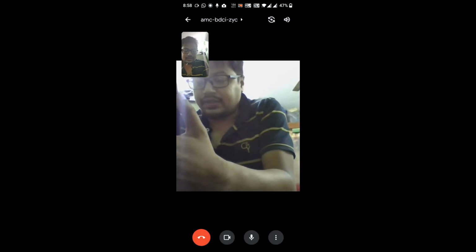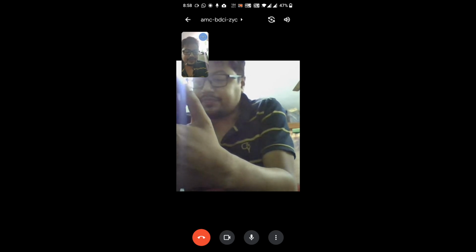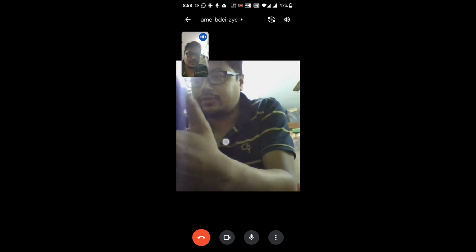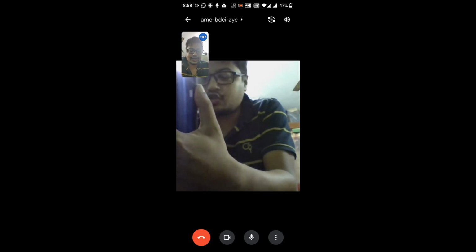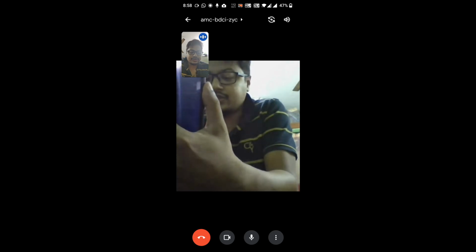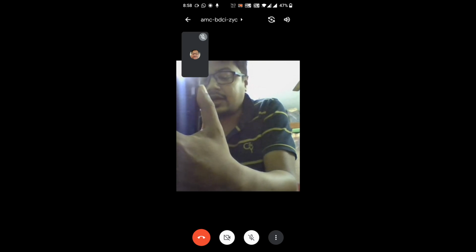Now students, you will be able to see that the same interface is there. All the participants will appear in the form of small pop-ups that you are able to see. You can see all the participants here when multiple participants are joining, and the normal options of muting your audio and switching on the camera, you can take care of in the mobile app itself.